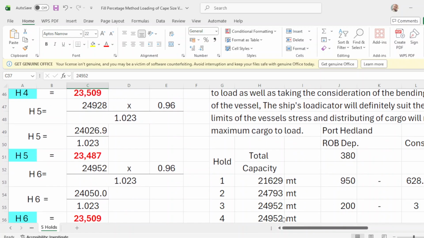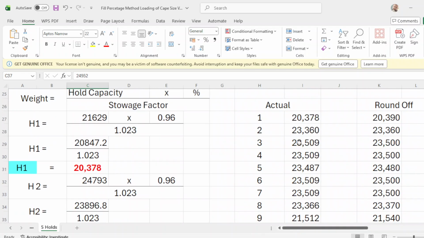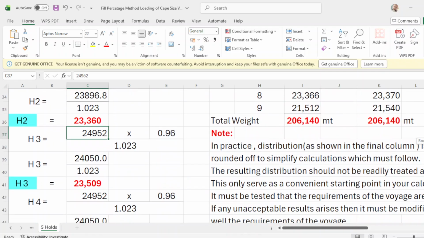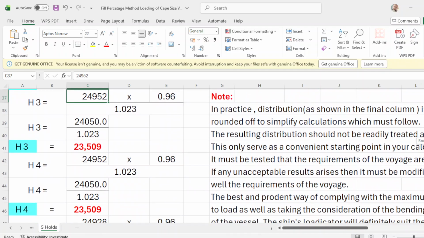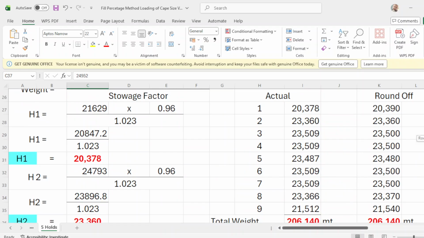So we go to number 4, the same, and number 4 is 23509.